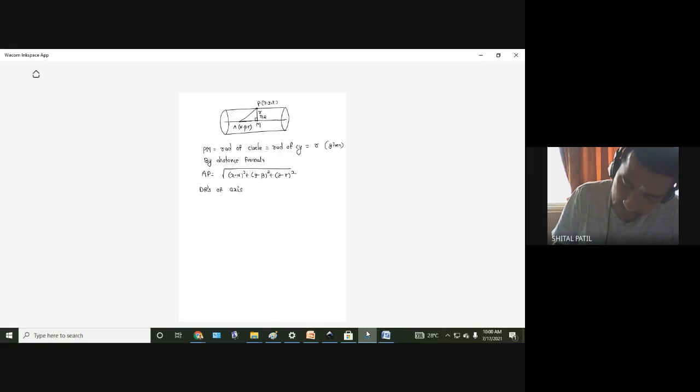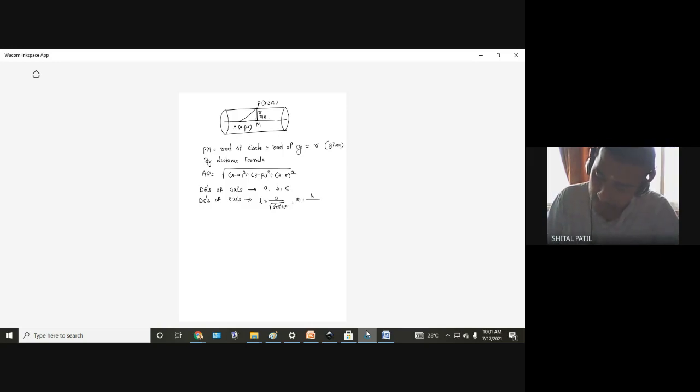What are direction ratios of axis? a, b, c. Tell me, can you find direction cosines of axis if a, b, c are known? Yes, we know the formula. Okay, l equal to a divided by root of a square plus b square plus c square. Give me some time only. I think many of you have Viva. Just wait for some time. n equal to c divided by root of a square plus b square plus c square. ये हमें पता है.